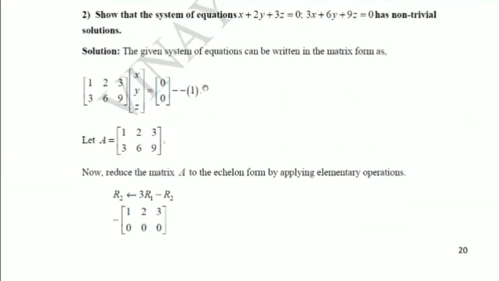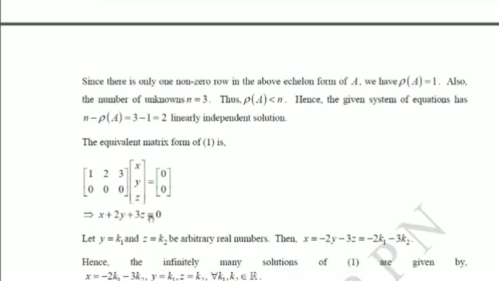How? I'll show you. Now write the equivalent form of this matrix system. We know that this matrix is equivalent to this, that's why we have put a tilde here. So you can write this or this, it doesn't matter. I'll write this matrix instead, so that it becomes 1, 2, 3, 0, 0, times x, y, z, equal to 0, 0. Multiply them. First row into first column: 1 into x plus 2 into y plus 3 into z equal to 0. If you multiply the second row with this, you only get 0. So this much only we are having.